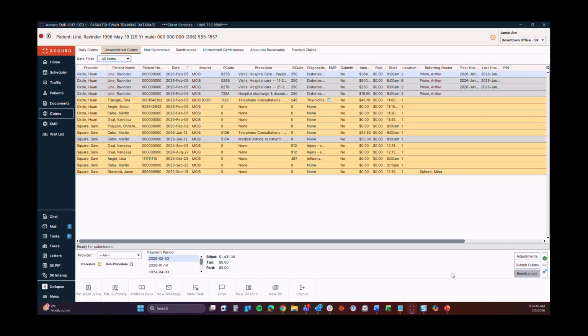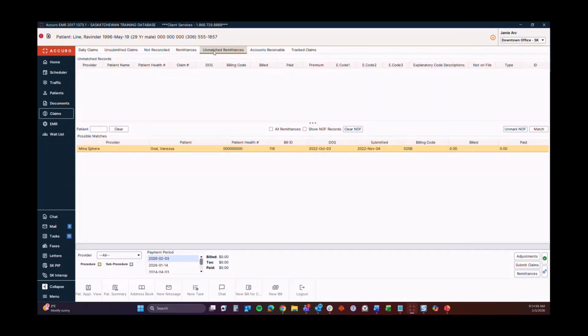All right, so let's say that we've done our submission, and now we're going to talk about how to manage those returned claims. My first step when I'm managing any returned claims is going to my Unmatched Remittances tab. I want to start here because anything in this place doesn't report anywhere in Accuro. So I want to make sure that I'm managing this first because I want to make sure that all of my claims are displaying accurate payment